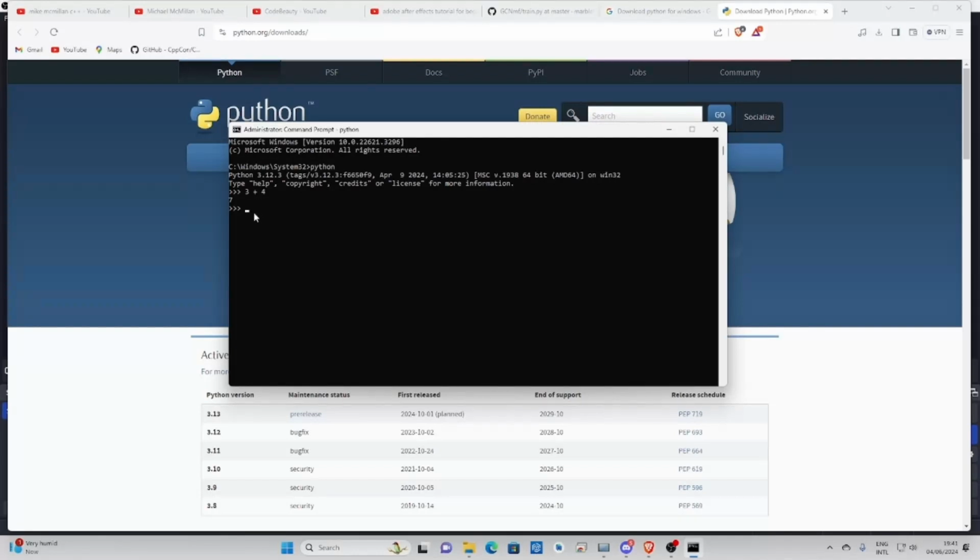So, ladies and gentlemen, this confirms that Python is properly installed into our Windows operating system, and you're good to go and